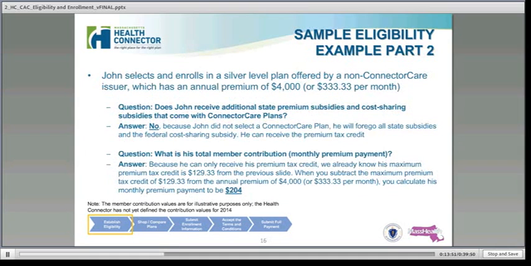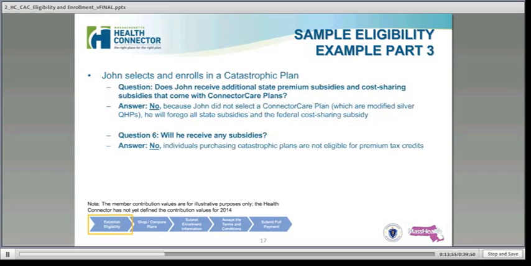Something to note here is that the connector care member contribution does not vary by age within a region of Massachusetts. Okay. So each region will have its own member premium payment schedule. Plan availability will also vary at the zip code level, and this will affect the member's contribution schedule. So similar, but slightly different than today.